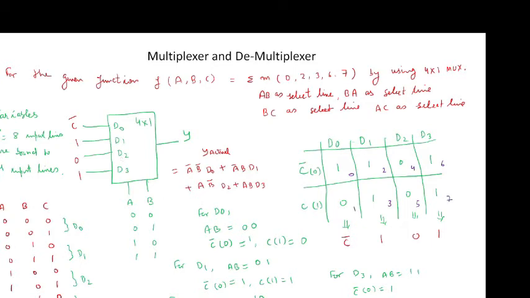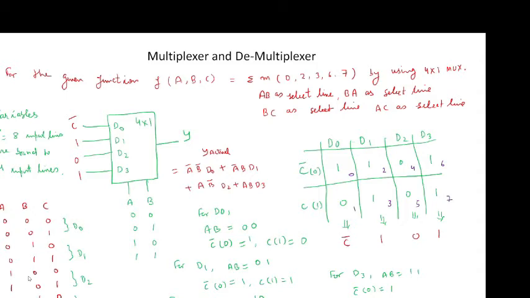Now for D2, I will write A as 1, B is 0. So AB is equal to 1, 0. Now I will see where A is 1 and B is 0. So it lies on line 4 and on 5.